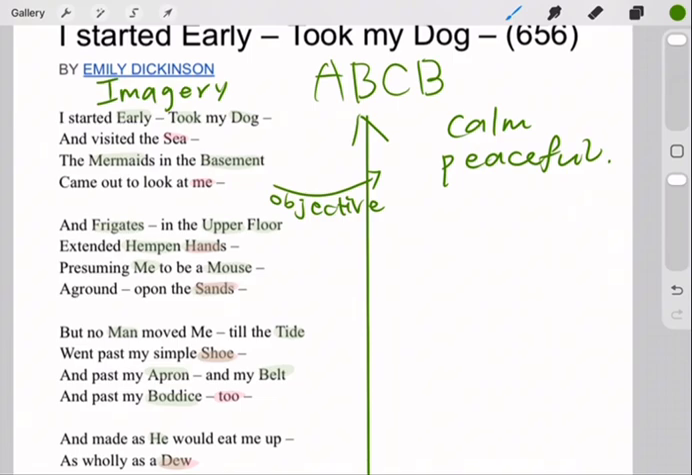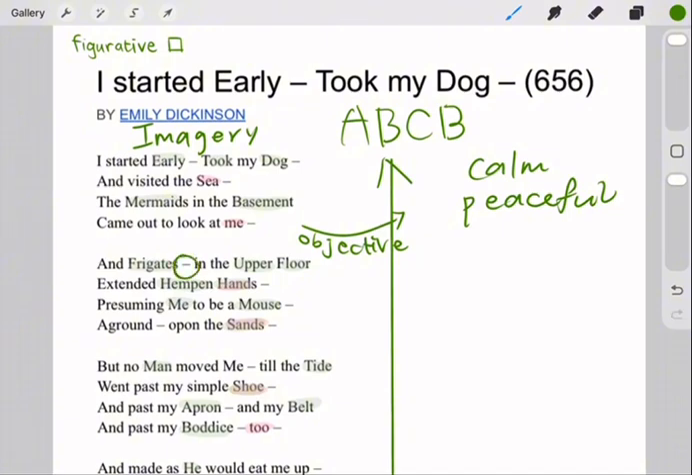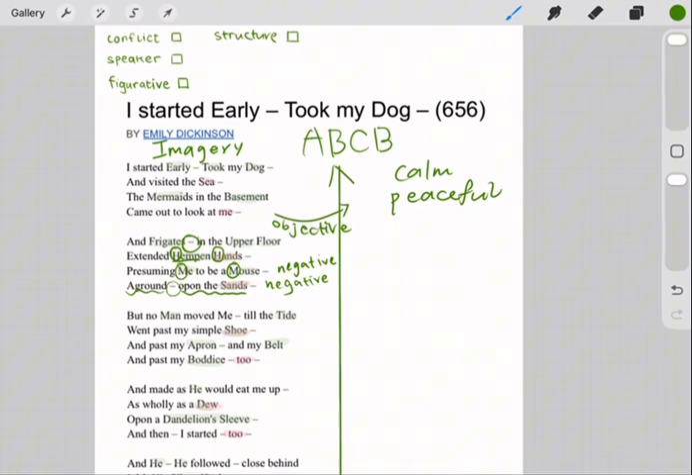However, in the second stanza, for example, these dashes here and here are abrupt. And also "extended hempen hands." Notice the "hempen" and "hands" here, "presuming me to be a mouse." This is kind of negative, as the author is being seen as a mouse. Also here, "aground to the sands, upon the sands." It gives a vibe of the author being stuck in these sands, and it's negative too, because it's saying how she's being viewed and treated badly, and the limitations are stuck in her